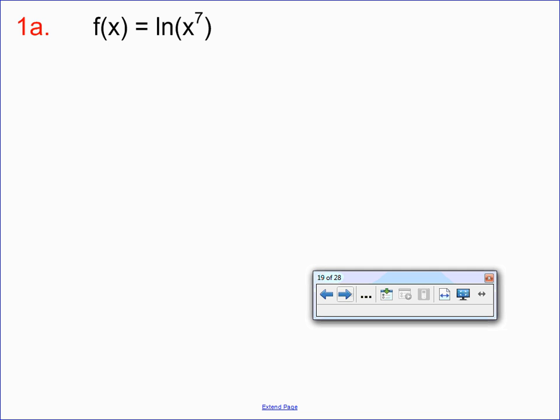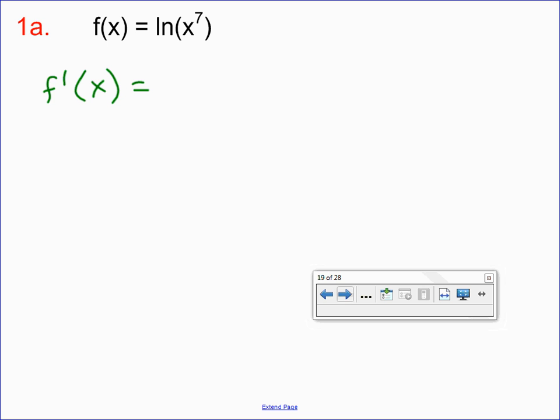The first is old school, using our techniques we've encountered thus far in first semester calculus. And then the second way we complete them will utilize the properties of logarithms, and we're going to see that it results in an easier path in each case. And so, if I wanted to differentiate f of x and find f prime the old way, that is using the chain rule,